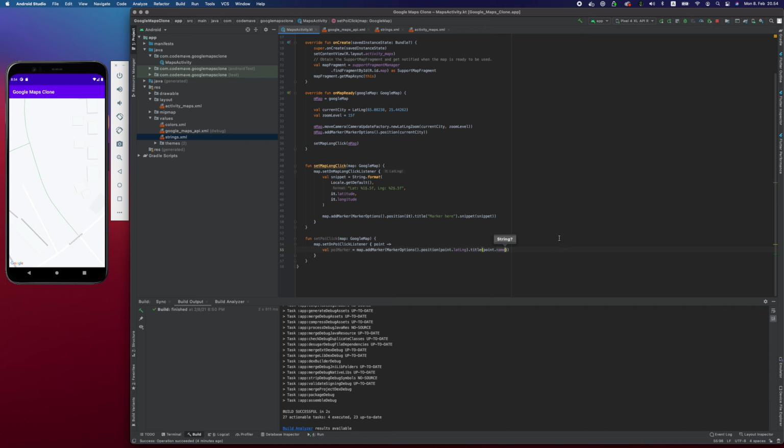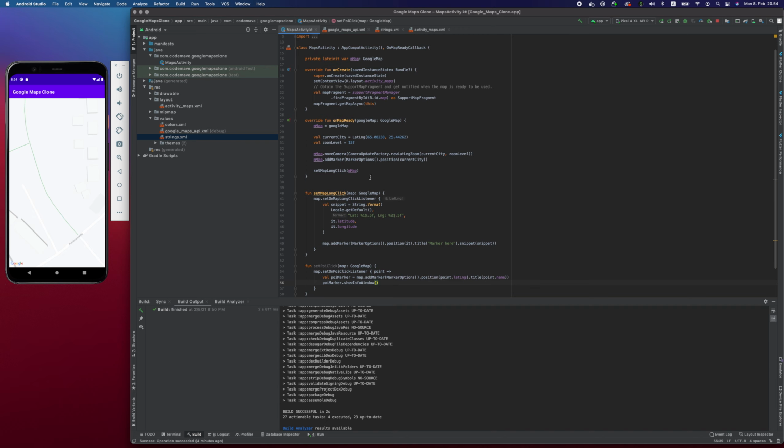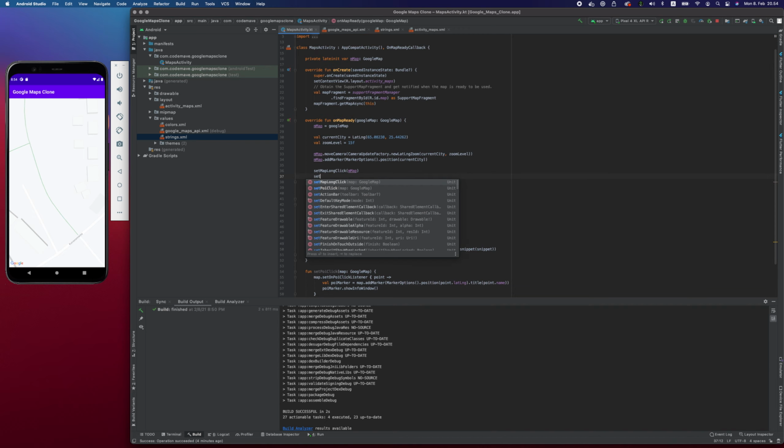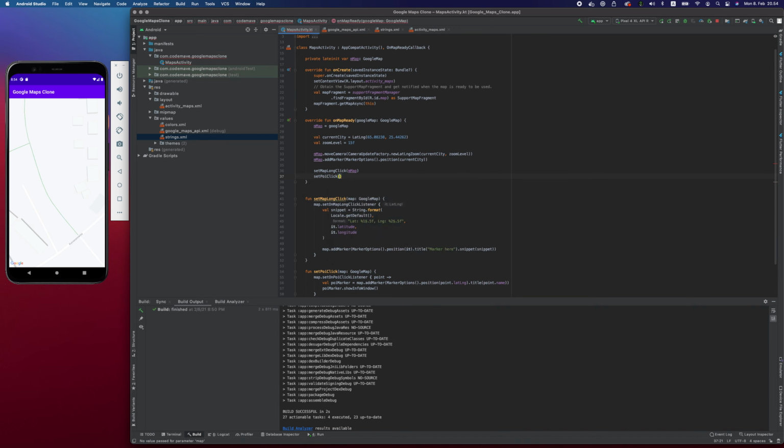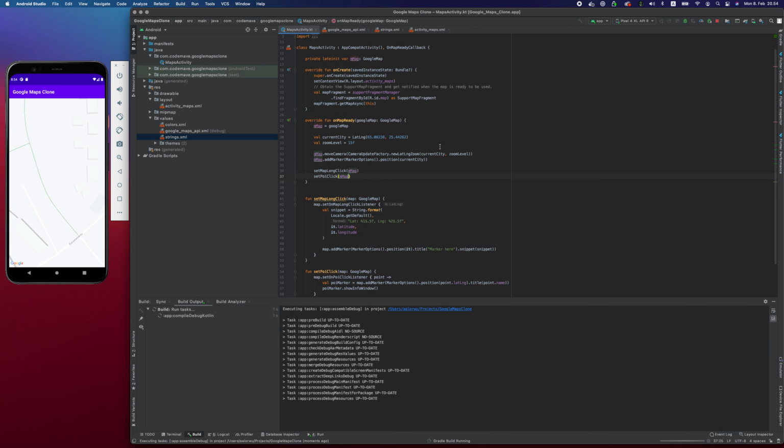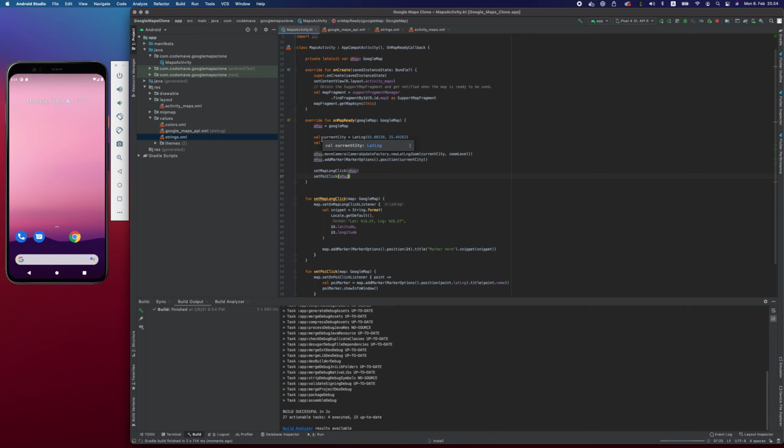All right. So the next thing we're going to do is to show an information window about this particular position. So point.showInfoWindow. All right, and then we are going to add this to setPoiClick, and we supply the map to this function as well, and we are going to run. Now when we click on a point of interest,